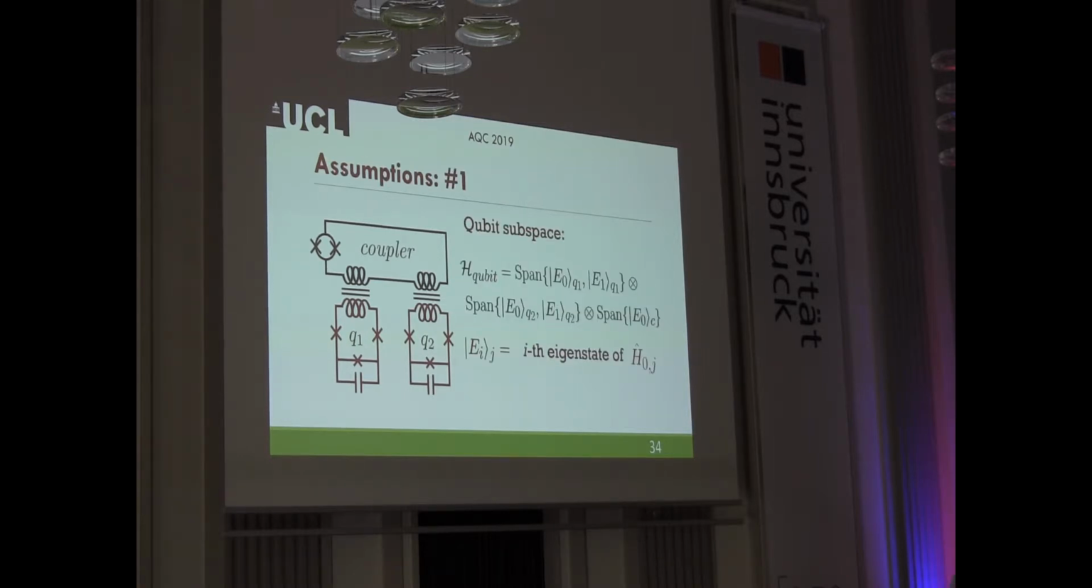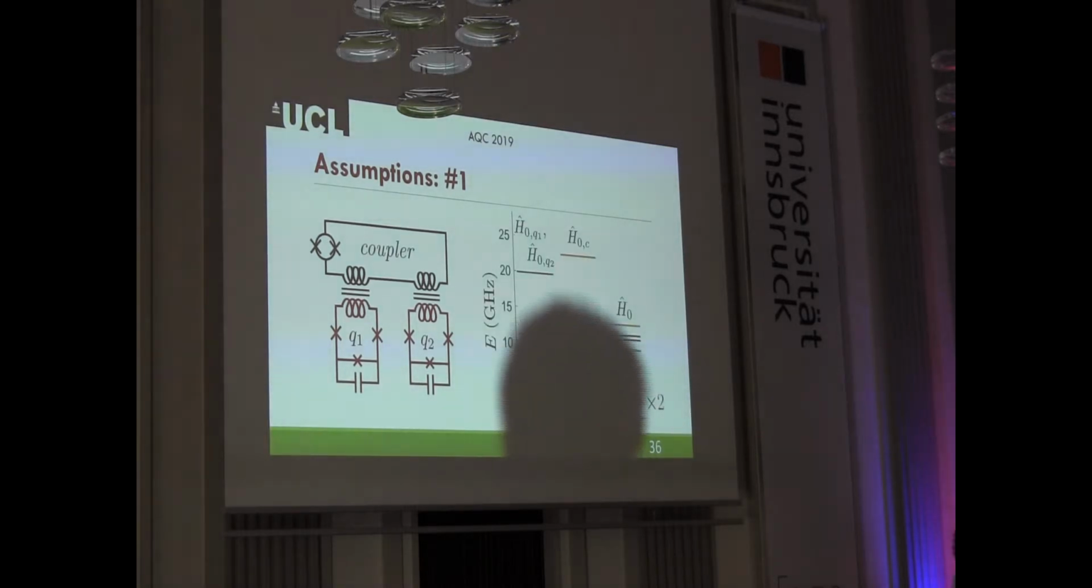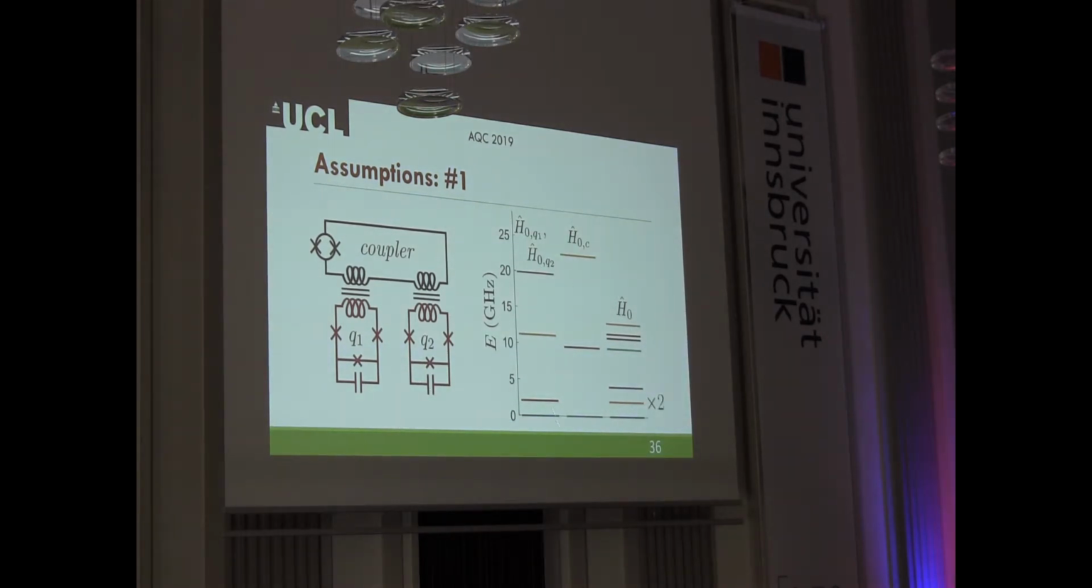So let's now make a couple of assumptions. First, we assume that this four-dimensional space spanned by these eigenvectors is also the one spanned by the lowest four energy eigenstates of the complete independent unperturbed Hamiltonian. So this means that if we look at the energy spectrum of the qubit Hamiltonians and the coupler, we find the lowest two qubit states and the ground state of the coupler. We get four combinations of states, and these four combinations of states are separated by a gap from any other excited state of the system. The second assumption